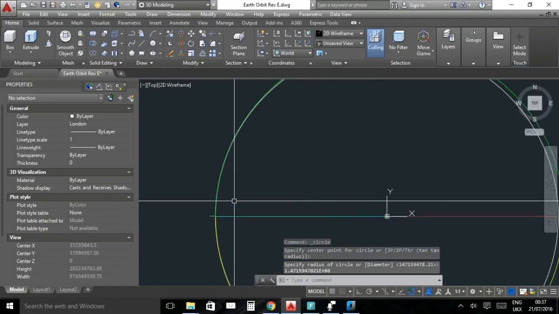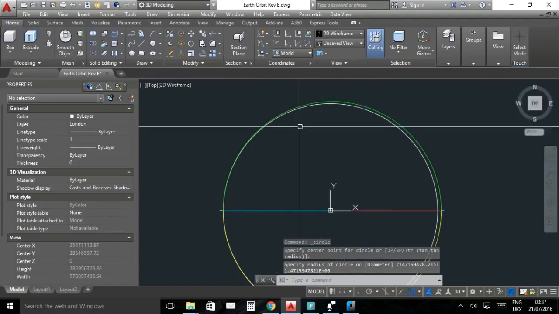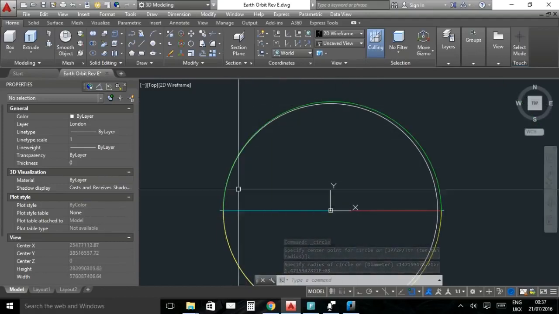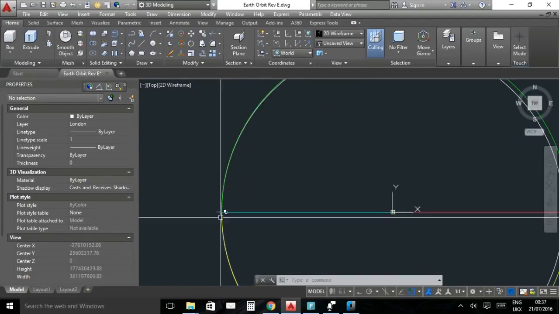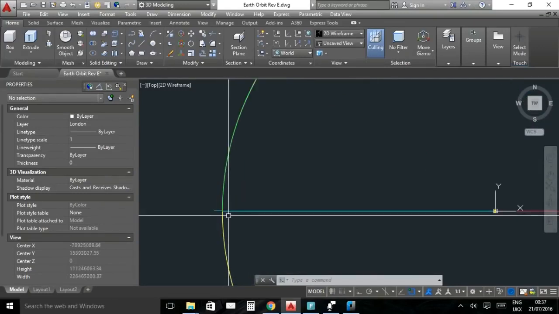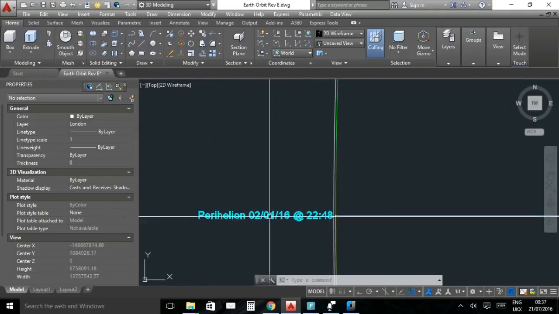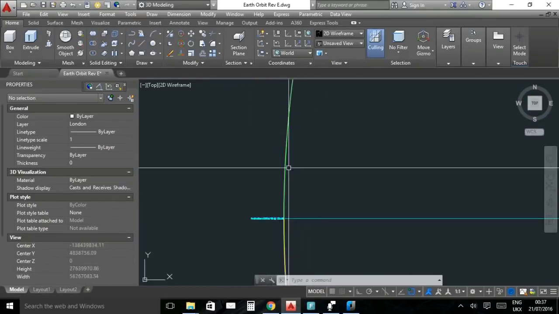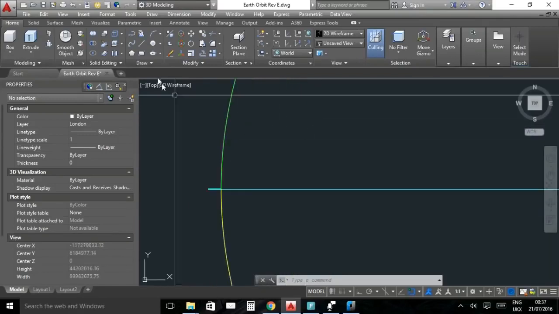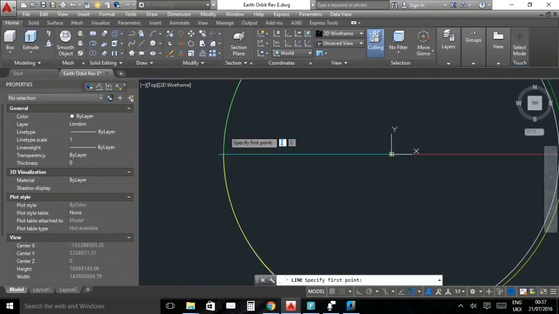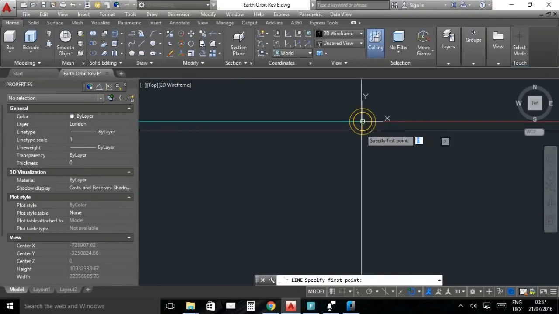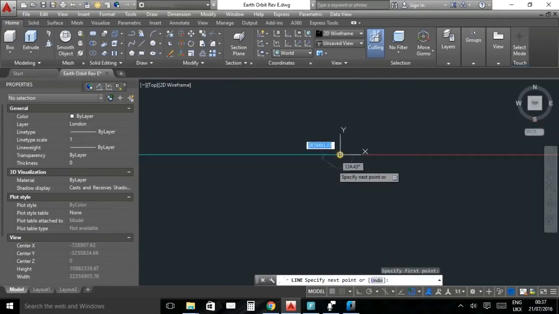It's put a white circle now on top of the elliptical orbit, and we know that 22nd of December would have been 11 days prior to the 2nd of January, so it's going to be somewhere around here. So let's draw a line from the centre of the Earth to the